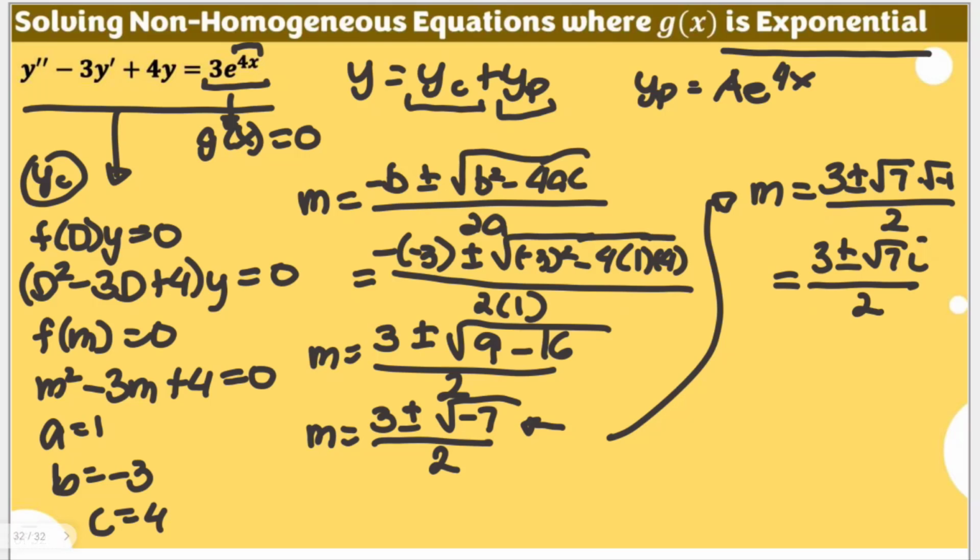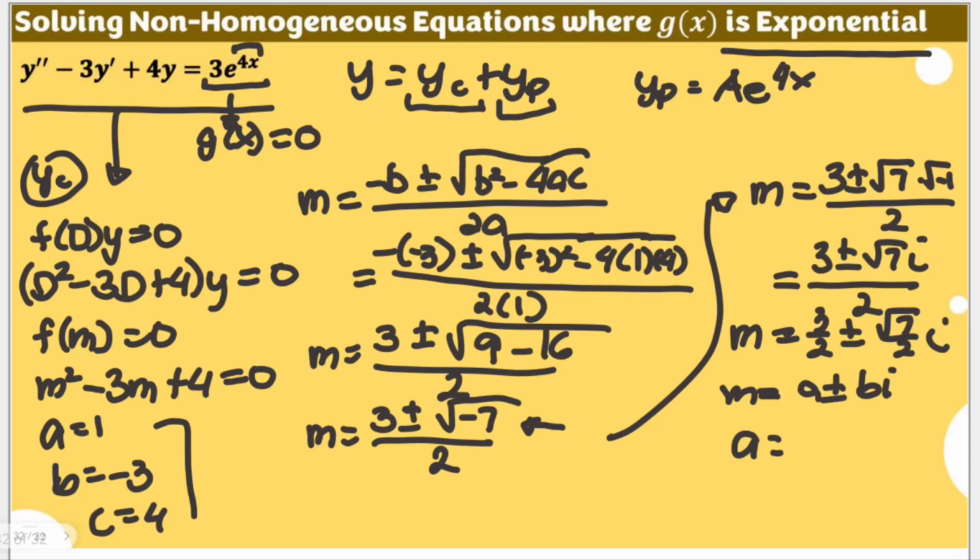Or if you would like to separate them, because our roots, if imaginary, can be expressed in this manner, to identify the correct a and b, we will have 3 halves plus minus square root of 7 halves i, giving us the a, which is not the same a here. The a in the imaginary numbers is 3 halves, and your b is square root of 7 halves. We need this